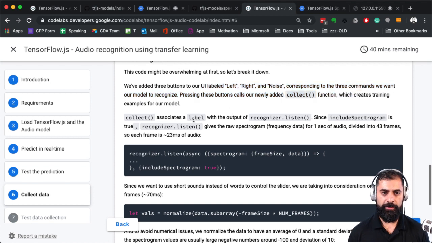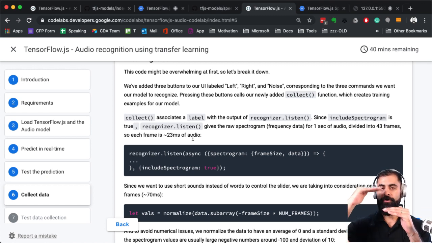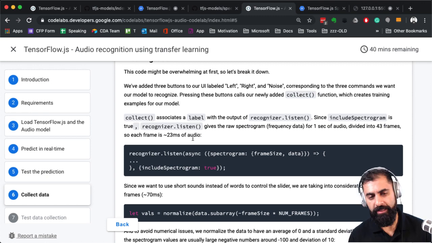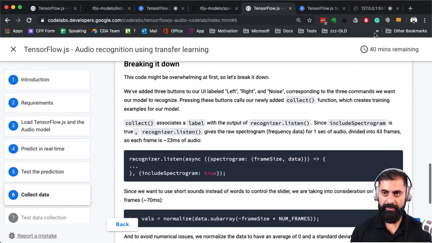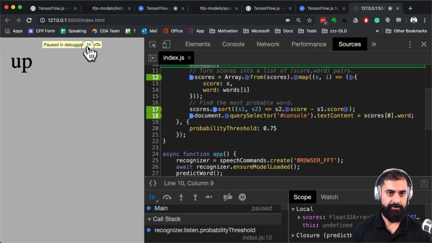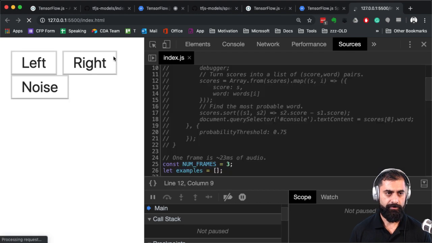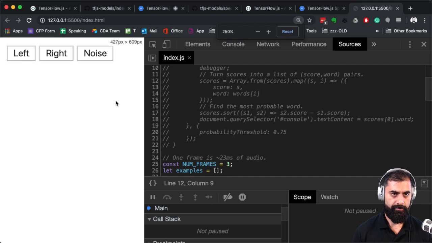So what this is going to do is we're going to train it. This is actually doing what I actually wanted to do, which is to retrain a model with OK Asim, but we're retraining it with left, right, and noise. Let's do what they want to do, and I'll do what I want to do later on. All right. In fact, let's just see it running like this. Let's get rid of all those breakpoints. There we go. There's some buttons there. There we go. Left, right.